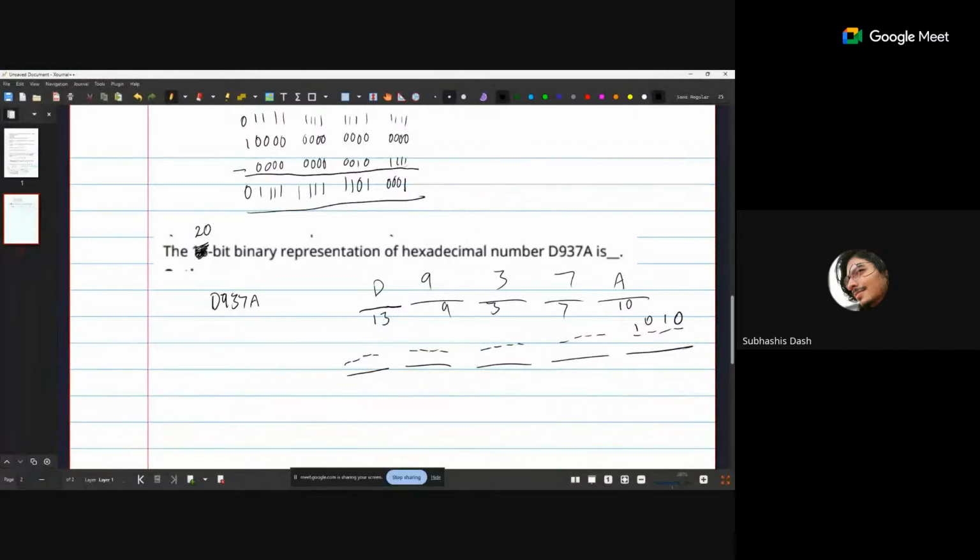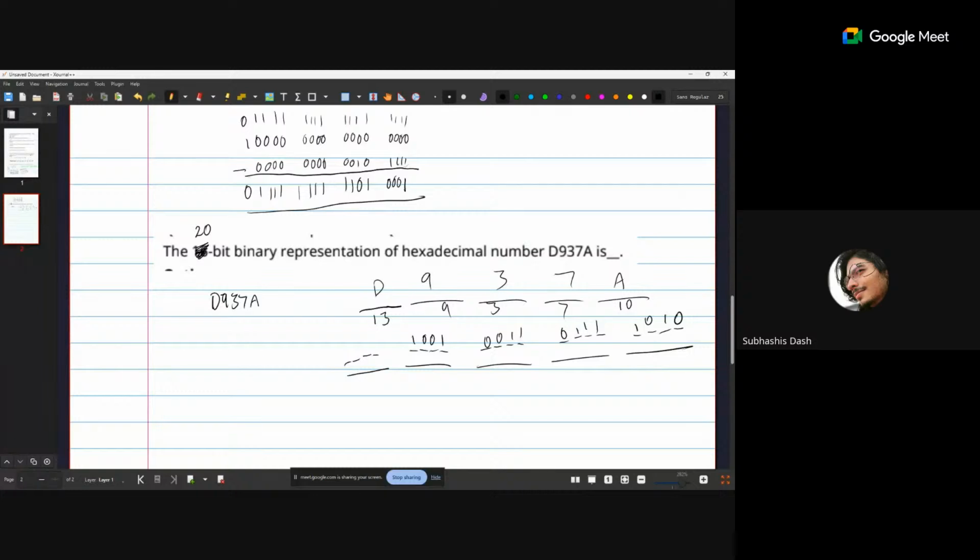It is simply 4 plus 3. So, 4 plus 2 plus 1. After that, we have 3, which is 2 plus 1. After that, we have 9, which is 8 plus 1. And finally, we have 13, which is 8 plus 4